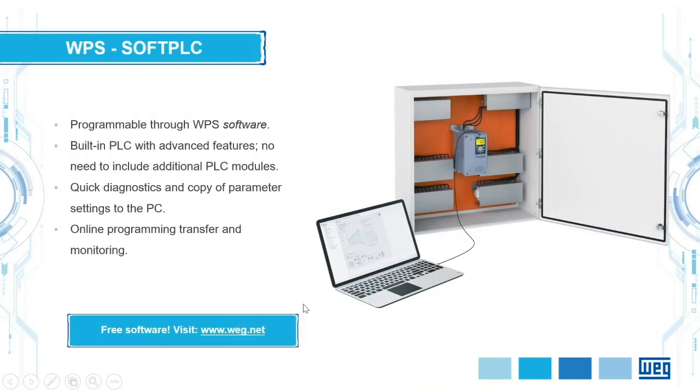Talking about the WPS. WPS is a software for computers that makes it possible to connect the variable speed drive by using the USB port or other communication protocols like Ethernet, making it possible to create advanced PLC programs, quick diagnostics, or simply copy one parameter from the computer to the variable speed drive, and also making